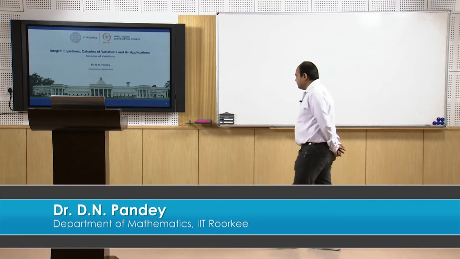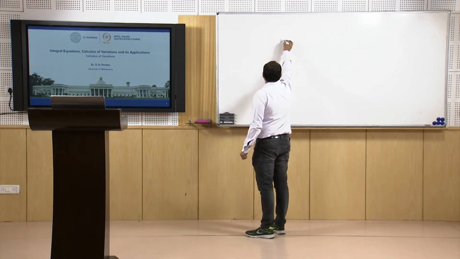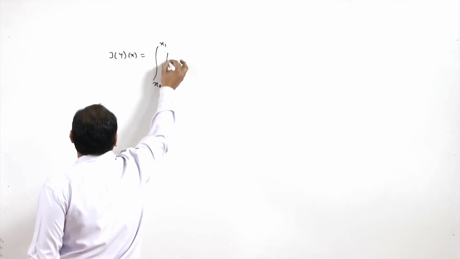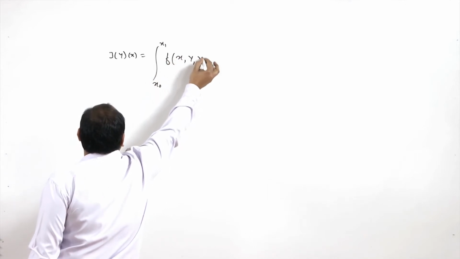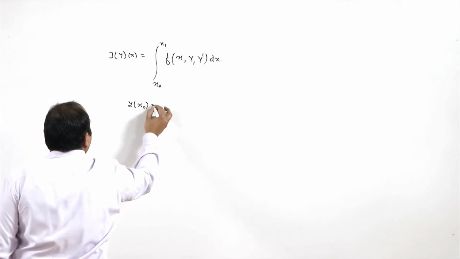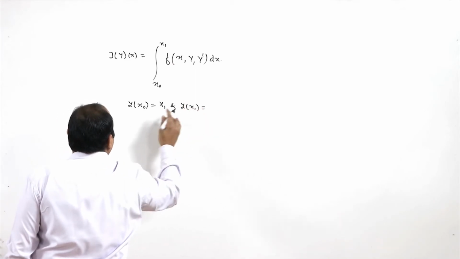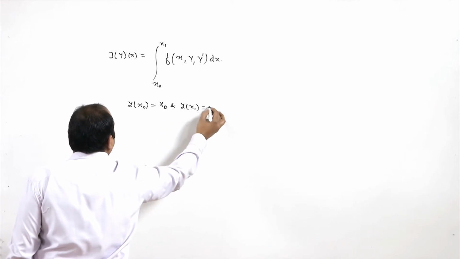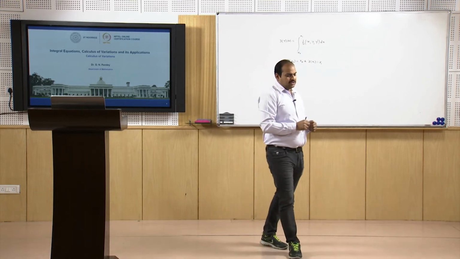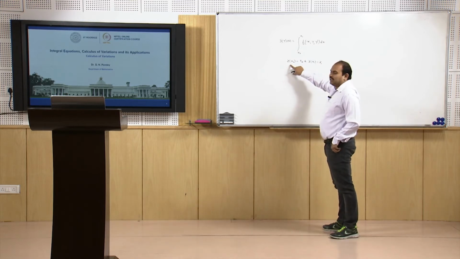In the previous class, if you remember, we have discussed this kind of functional. Let us call it J of y of x, equal to the integral from x0 to x1 of f of x, y, y dash dx, such that y of x0 is equal to y0 and y of x1 is equal to y1. And we have discussed the Euler equation, which gives the necessary condition that the curve y is an extremum